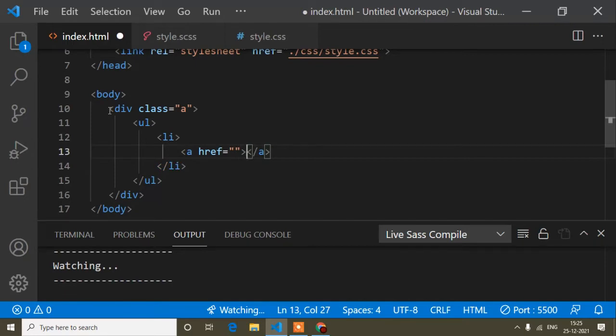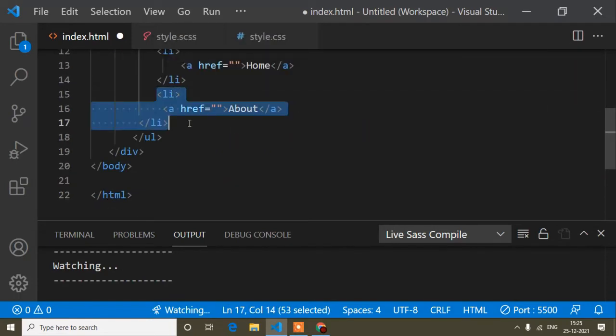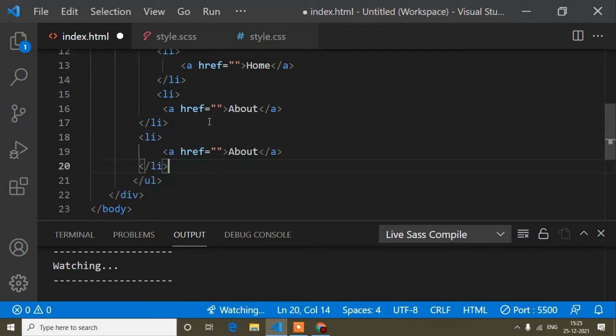Here I will write, suppose you are making a menu, Home. After that I will copy this li tag, About, like this way. Then here I will write Contact, and you can see it like this.